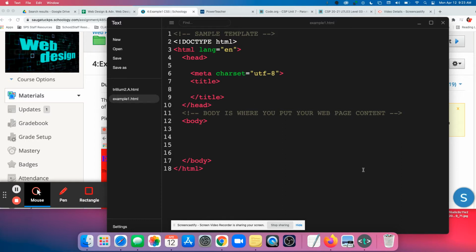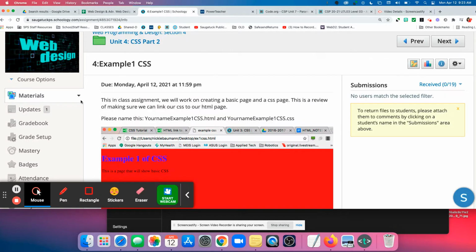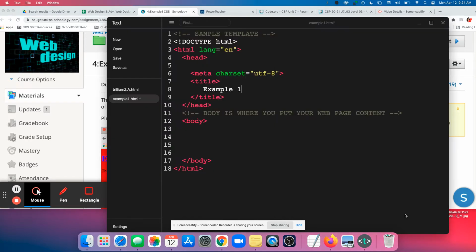I use the template, yes. It'll be nice and easy. So in your title, you might also want to say, hey, this is example 1. And then we're going to have a header or a heading and a paragraph. So if you want to go ahead and put in the body area,